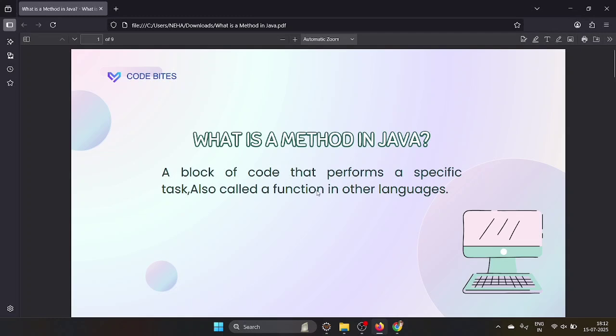Okay, a method is a block of code that performs a specific task. It is one block and it performs a specific task. Like that, if you want to perform a subtraction, you take the related code and put it inside one block. That is for subtraction. And to perform a division, you take the division related code and put it inside one block, and you give it a name like division. Those related codes we are grouping together and putting inside one block. So that block we call a method. A method is a block of code that performs a specific task, also called a function in other languages.